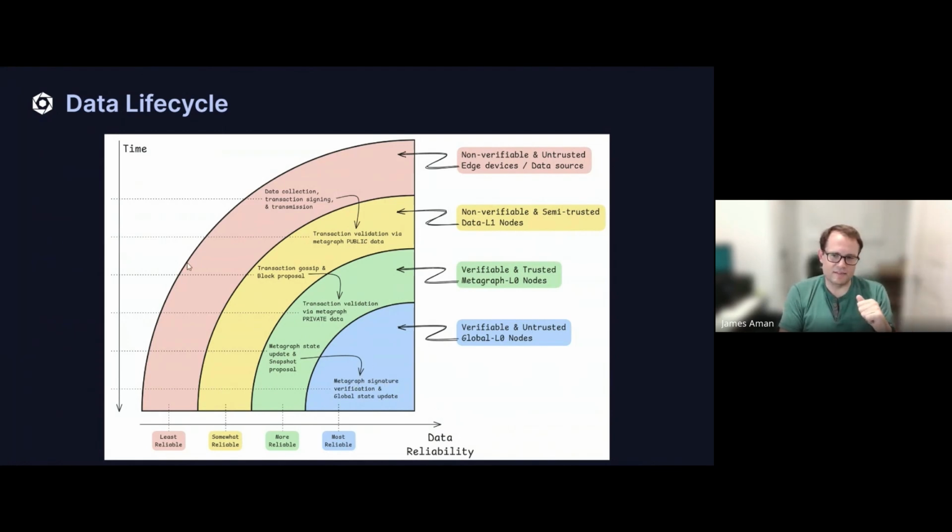That's the other way I like to think about this, is that on the outer edge, it's really where data is most subject to change or most subject to churn. And as data gets slowly verified and undergoes the different levels of validation, the reliability of that data is increasing over time. So when data finally gets to the global L0, it has the most reliability. You can trust that data. And so anything that ends up on the global L0, you can use as a source for making other automated decisions or integrating with other metagraphs, which is really one of the big powers of the Constellation Metagraph